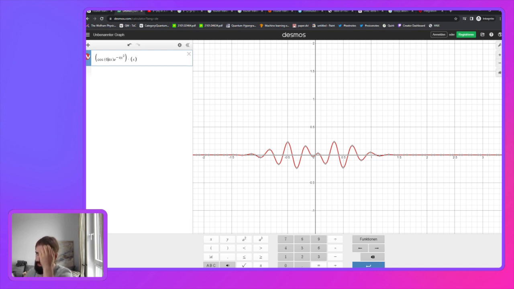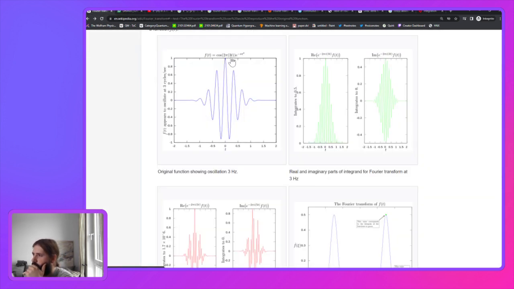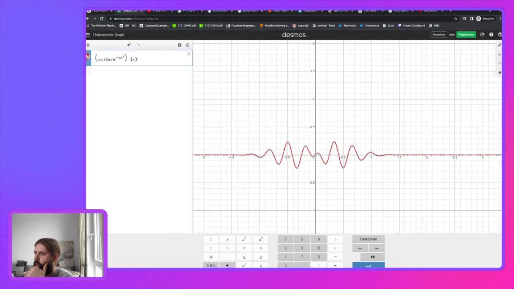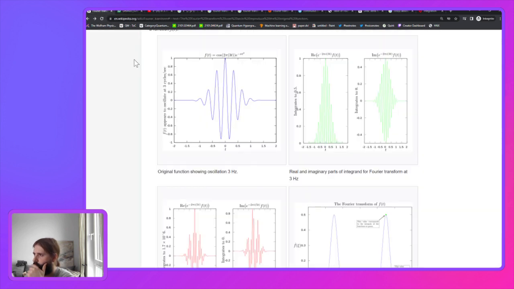Yeah, okay, but that's kind of okay, right? That's what we have. 2 pi 3 times 2 is 6. 6 pi x, 6 pi x. Okay, so that's, I mean, that's correct. And then what if we multiply this by that? This is